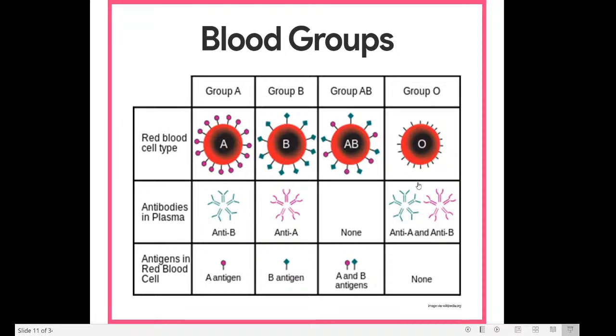That time it passes to the mother, so antibody is made against the opponent RH factor. For example, if the mother has negative and the baby has positive, in the first pregnancy the mother produces